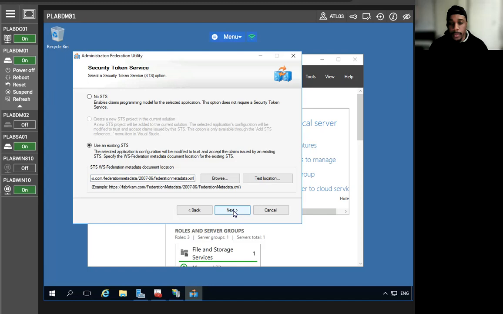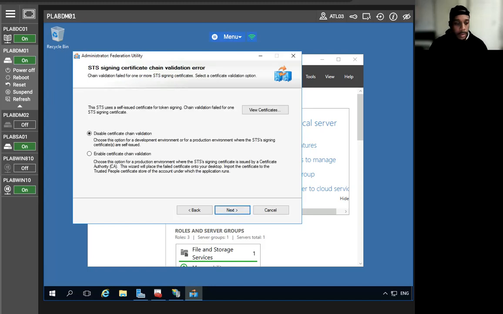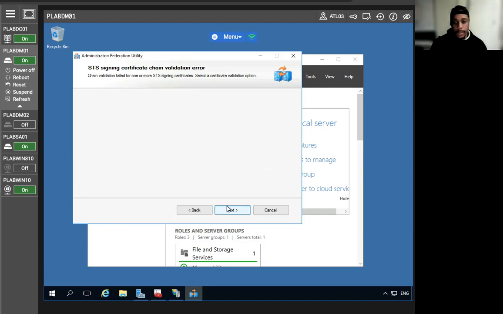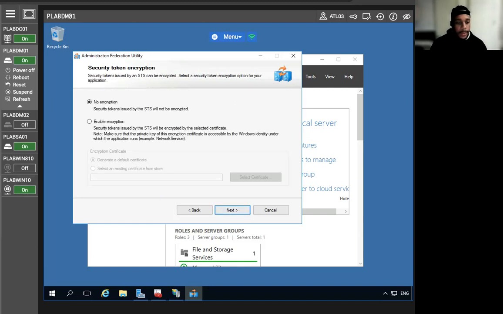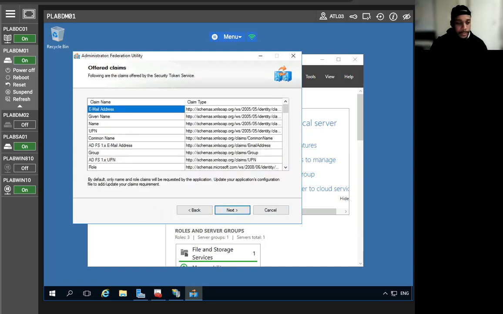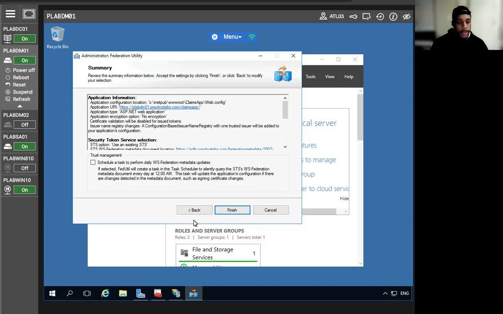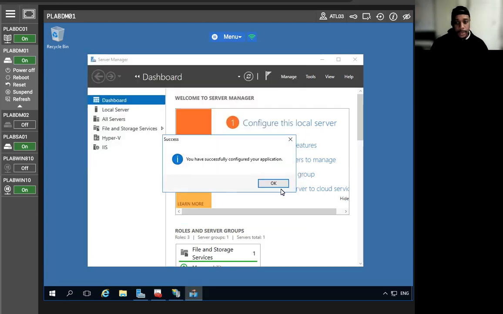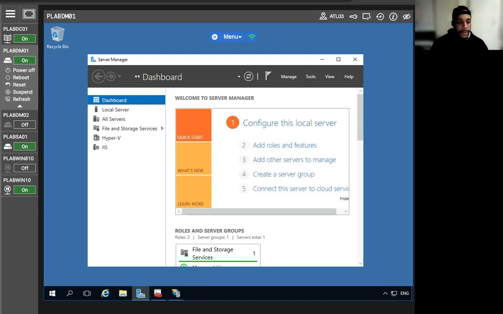Looks like it's right. All right, now I'm going to disable that, that's fine. No encryption is okay. Then next, finish. All right, so now we've configured the application